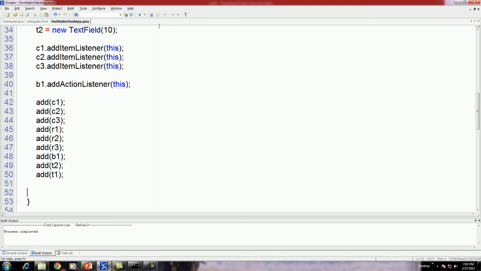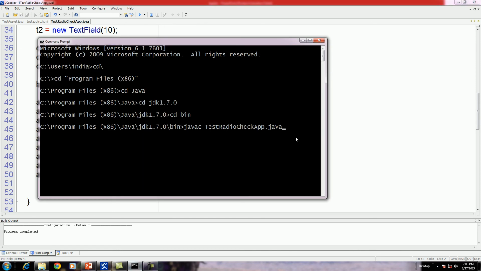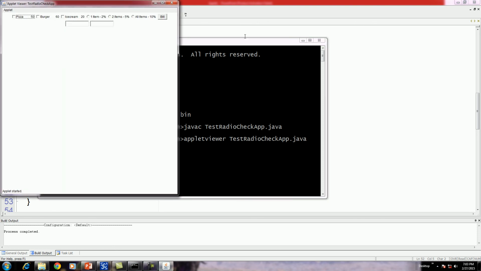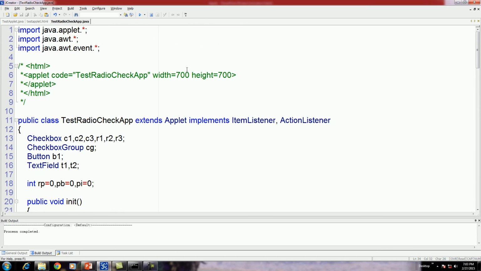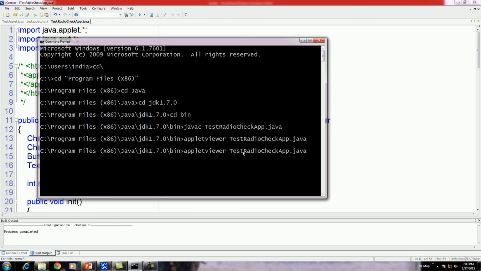Now compile it again and write the appletviewer command. But first let me change the size of the applet. Take a small size here. I can compile it and then run it.